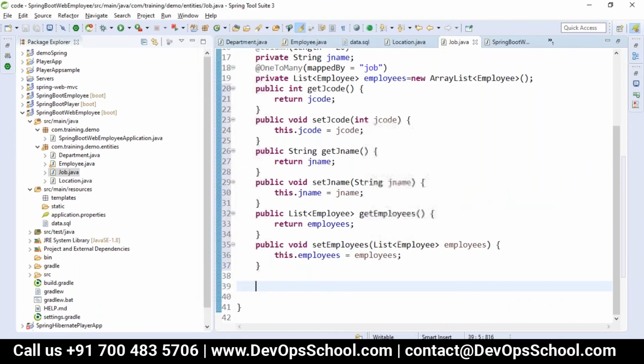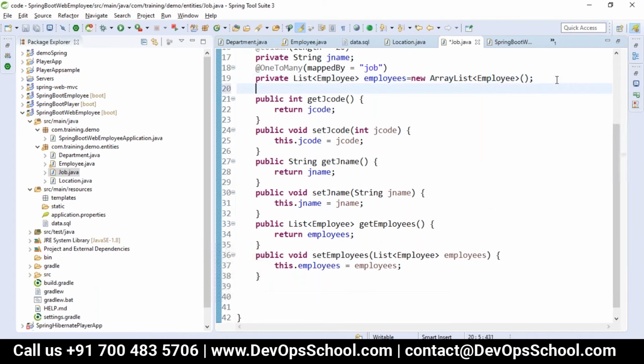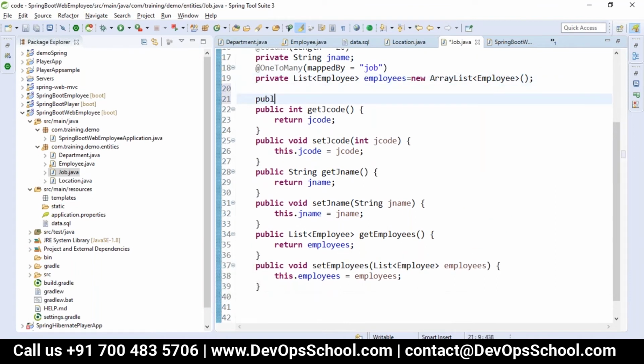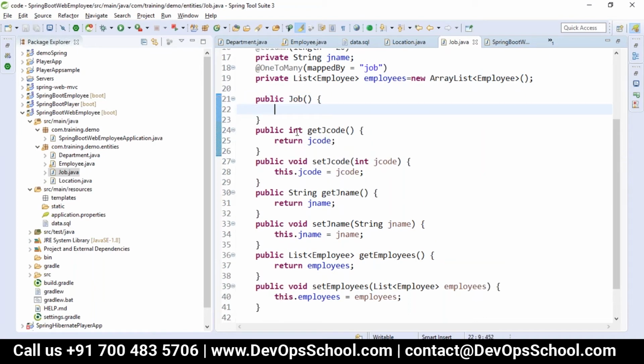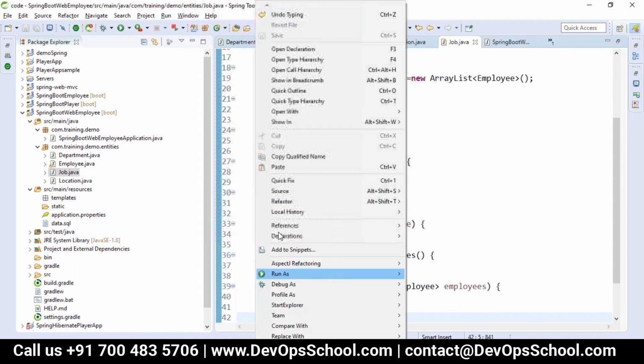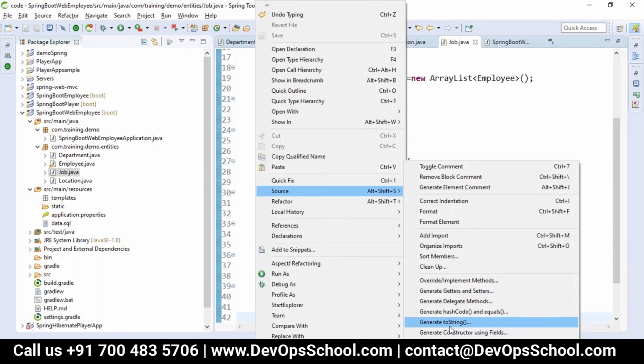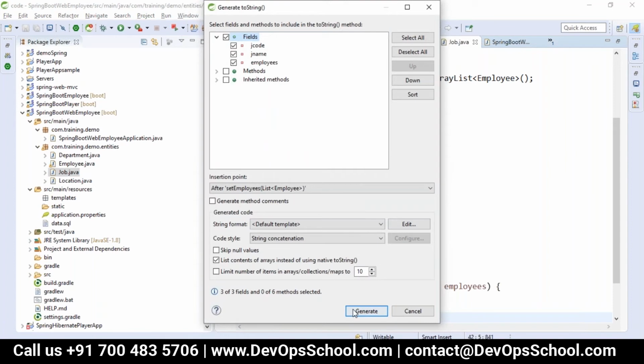There is a thumb rule that an entity should always have a default constructor. I'm just taking a toString method.